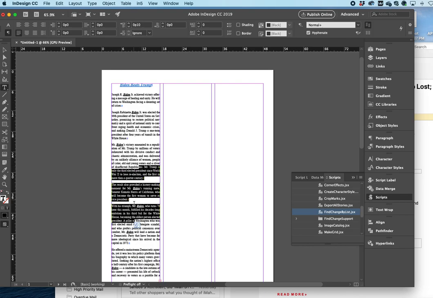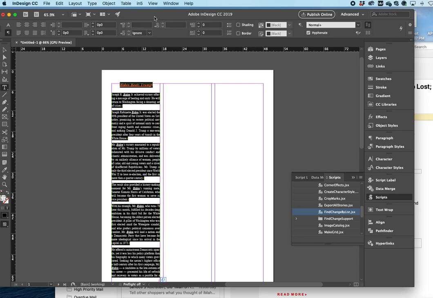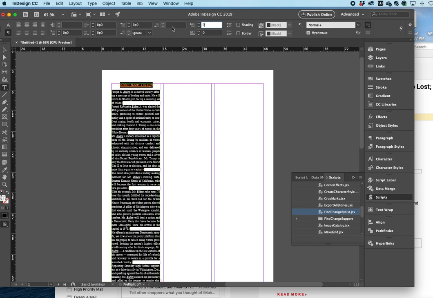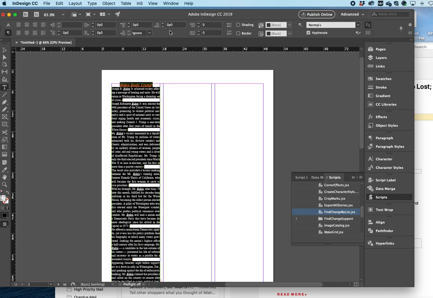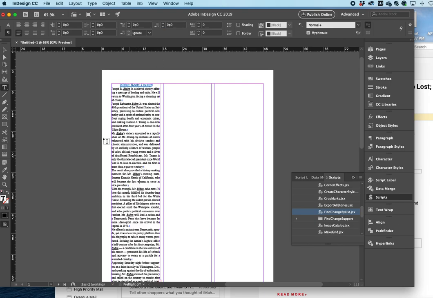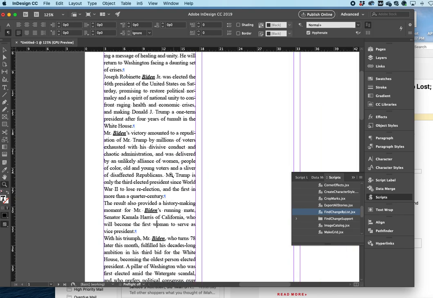So there's 10 points between paragraphs. So I'm going to say Command A, and I'm just going to turn these both into zeros. I may want to change some of those back later on, but for now I want them to be 0. And let's look at this a little bit closer.